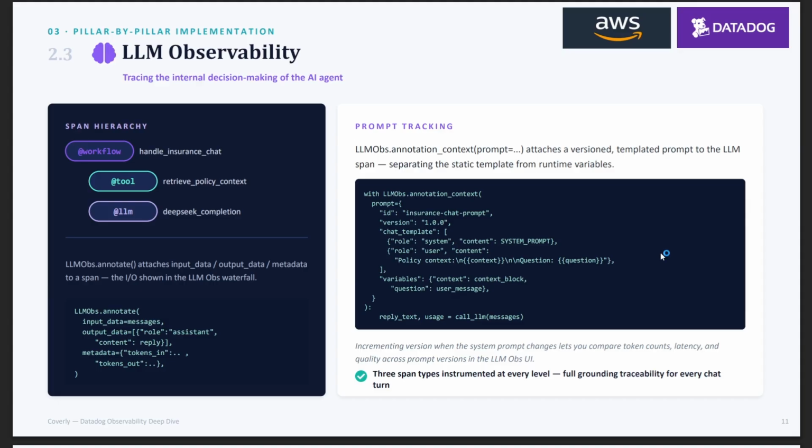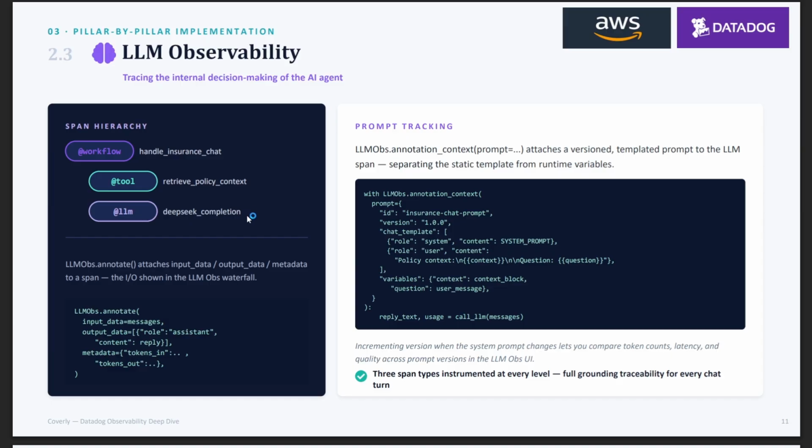From a hierarchical perspective, what we want is to capture the insurance chat when our agent initiates that chat, when it goes to a retriever for a policy document or something, and when it goes to DeepSeek for LLM